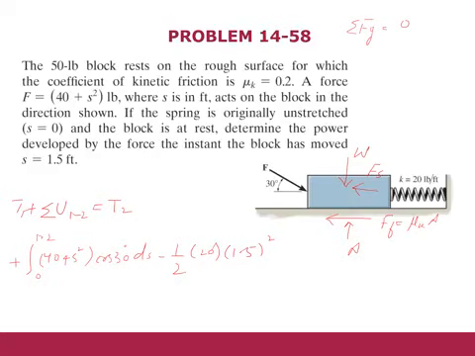So we have the relation that N minus (40 plus s square) sine 30, and the weight, which is minus 50 pounds, is equal to 0. From this equation you can calculate the normal force. So we will get N is equal to